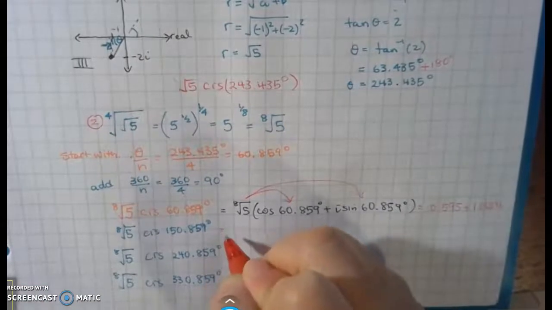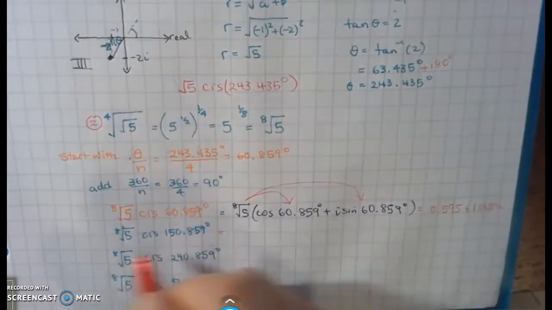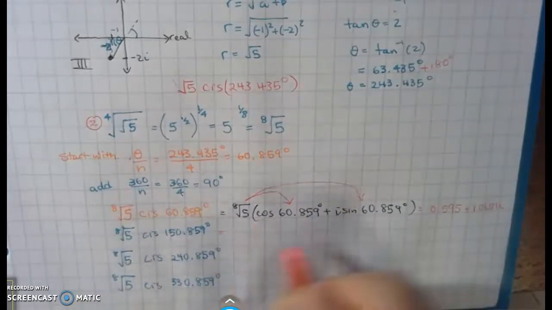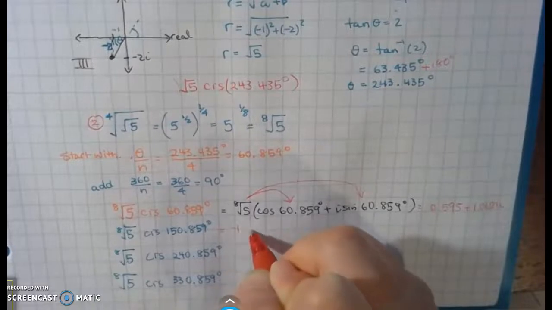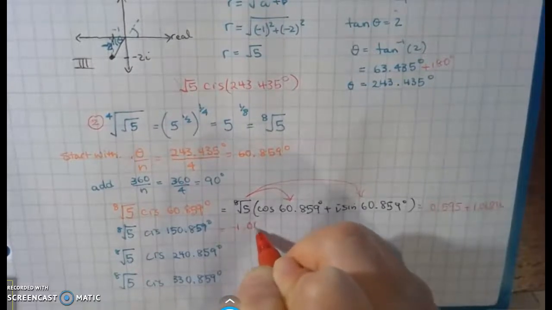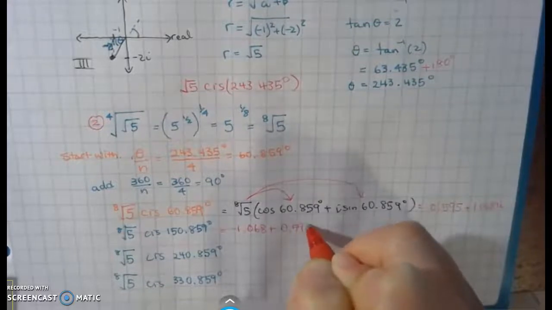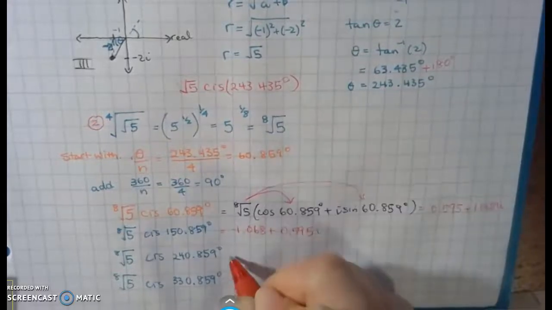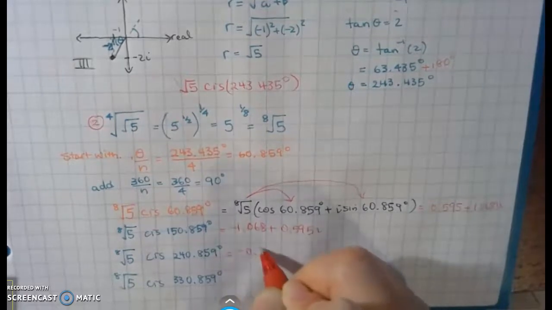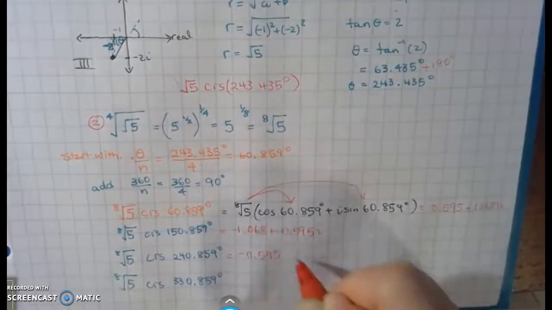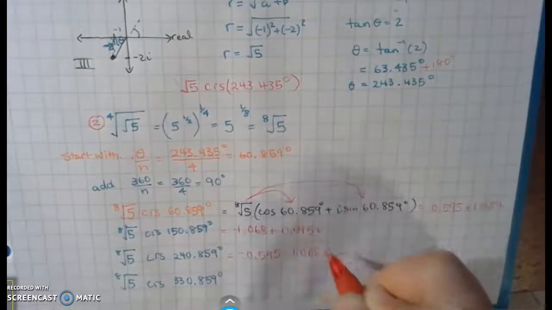And if I do the same thing with my second solution, you are just distributing this to the cosine and i sine, you get -1.068 plus 0.595 i. And the third solution is -0.595 minus 1.068 i, and last